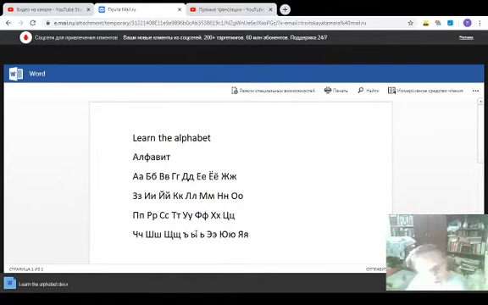So these 3 letters are only little because they are not used in the beginning of words, but